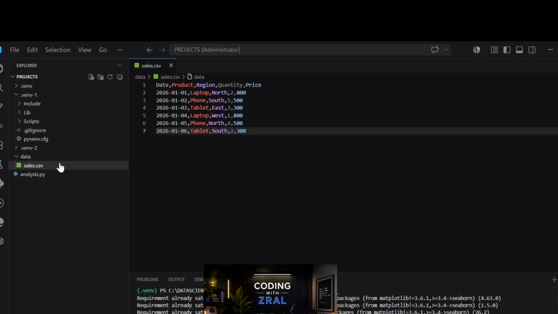So we have data, which has our sales. Now, what we can also create is a folder. So we have data inside our project. We can create another folder. Let's call it charts. This is our charts folder. Also inside our project,